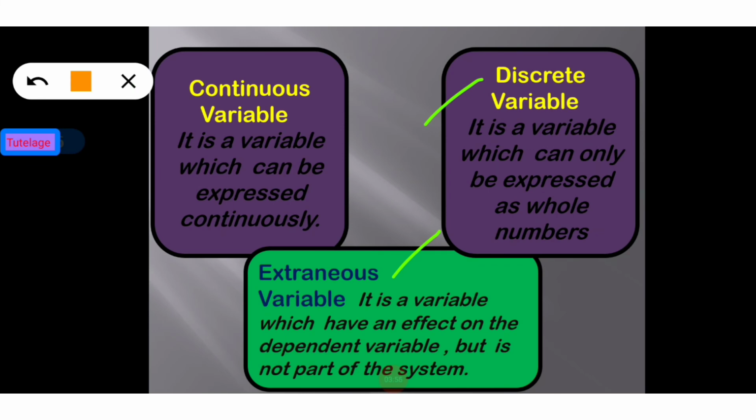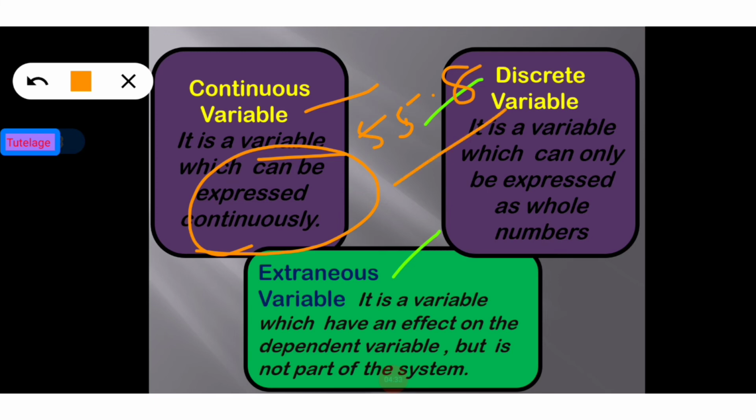Okay, so let's begin. Here at first we have to discuss the continuous variable. What is the meaning of continuous variable? Continuous variable is such a type of variable which can be expressed continuously, that is in decimals as well. An example of the continuous variable is weight. We consider the weight of a person,